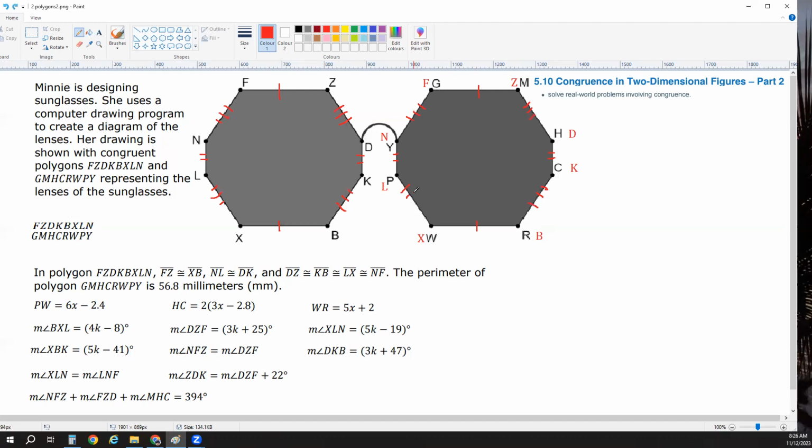Should have just used the line tool. 2, 3. All right, so these 4 are all congruent. Right. So 1, 2, 3, 4 times 2, 1, 2, 3, 4, because these two polygons are congruent. Okay, and then the perimeter, the whole perimeter of this whole thing is 58 millimeters,